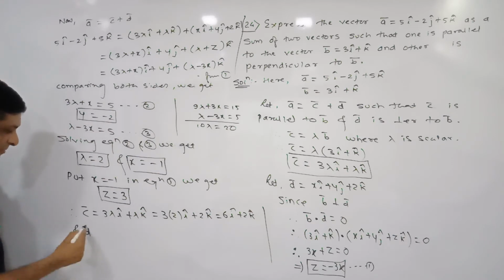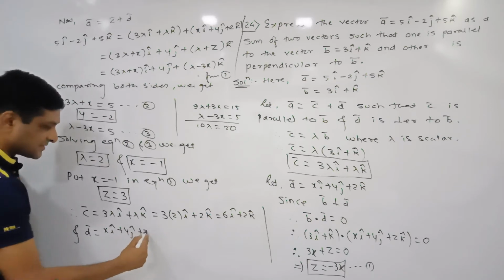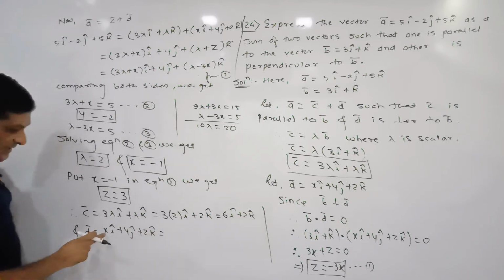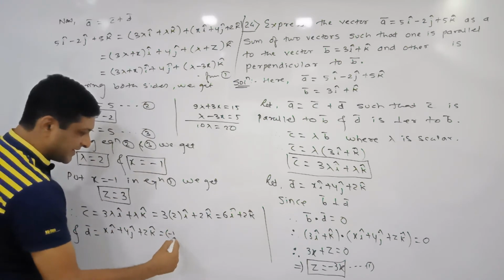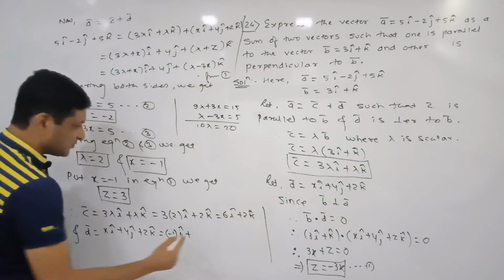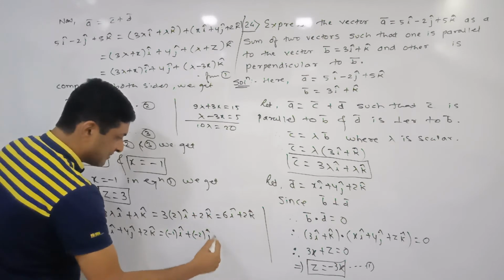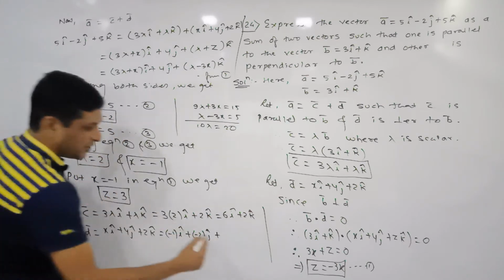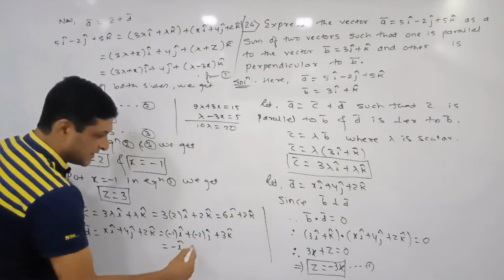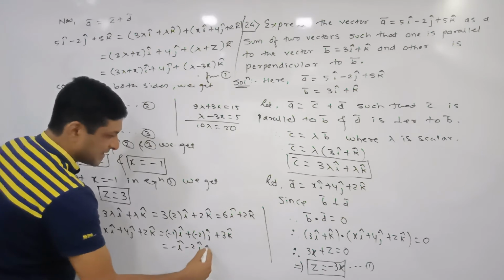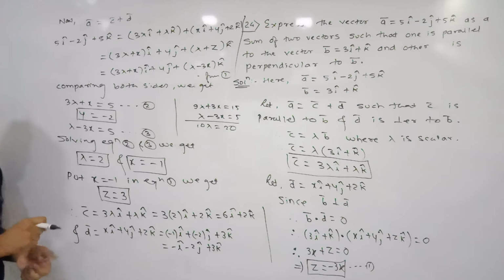Now we are finding the value of D bar. D bar is nothing but what? x i cap plus y j cap plus z k cap, so which is equal to, replace this x by its value minus 1 into i cap, okay, better to write down minus 1 into i cap plus y is how much here? Minus 2, so minus 2 into j cap plus z k cap, z is what here? 3 k cap. Let us simplify it, which can be written as minus i cap minus 2 j cap plus 3 k cap. In this way we have got both our required vectors C bar and D bar.